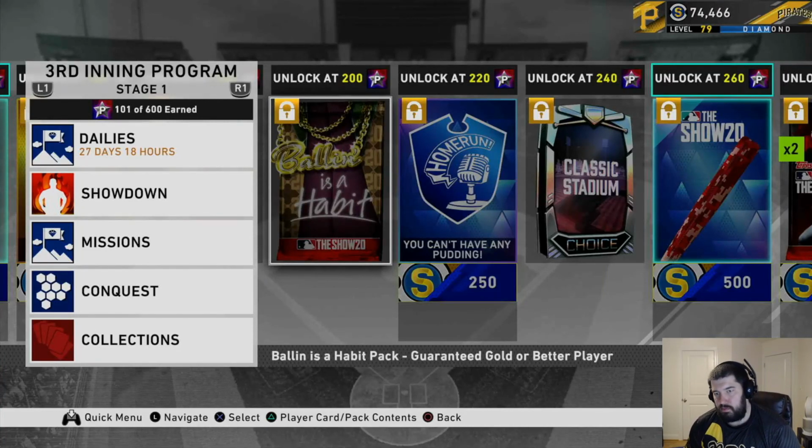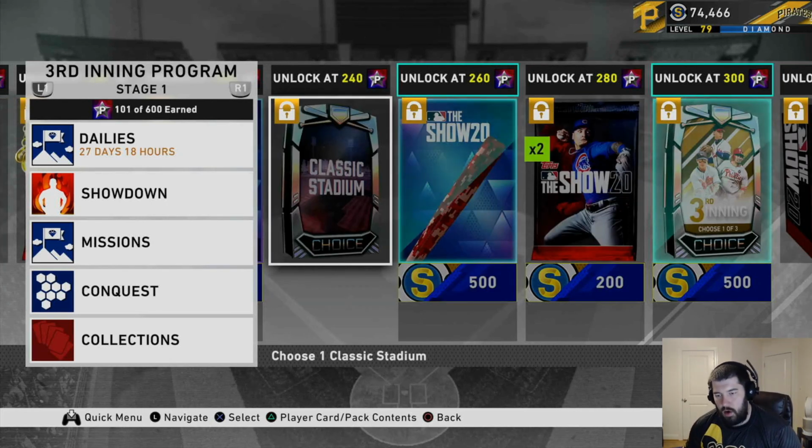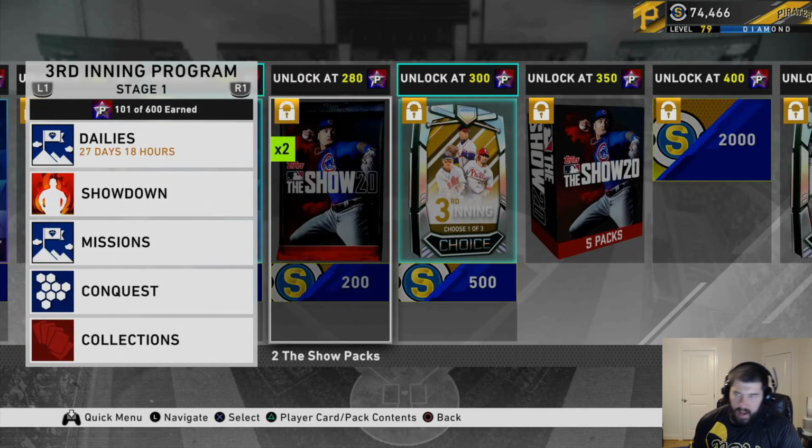200 program stars is balling as a habit. 220 program stars, another home run call. You can't have any pudding, baby. A classic stadium choice. I don't know how many stadiums are going to pop up in this, but you get to pick, I think out of 4 classic stadiums, you get to pick one at 240 program stars. You get a cool bat skin of some digital red camo at 260, 2 of the show packs at 280,